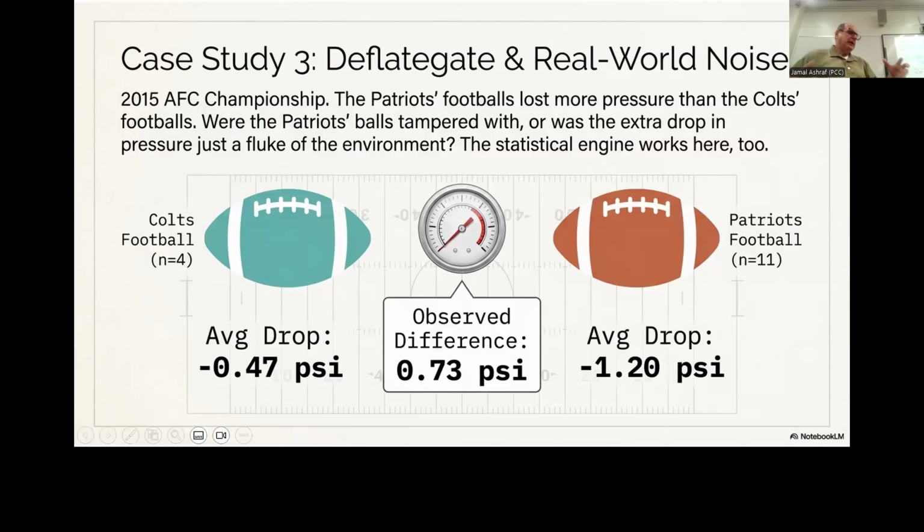So we can collect all the balls from both teams. Let's say they have 10 balls here, 10 balls over there. And we take the labels off and say, okay, we have 20 balls and we can relabel them, or we just randomly pick them up. And then we find the averages and then we run this multiple times, 5,000 times, to figure out if we can recreate this difference.